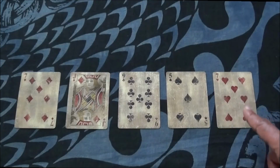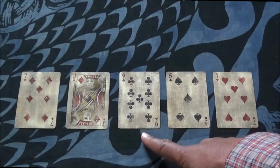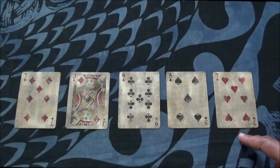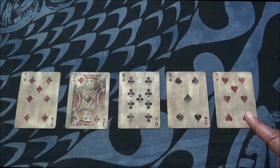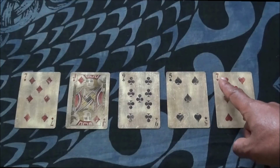Now, the other thing that I want to say about this card is that this card is known as the second time around, or the second chance card. Isn't that funny? We had this card talking about something that's a long time coming, and then here we have the second time around. So there's something having to do with timing. It could just be a matter of something's coming back around in our lives for another go-round, or the second time around, in which we get to handle it maybe differently than the way we did the last time it came around, right? It makes me feel like we're getting another shot at something, or another chance at something, right? And with the idea to improve it,